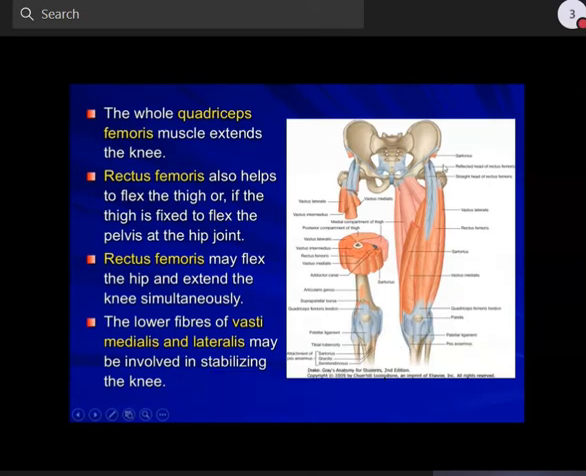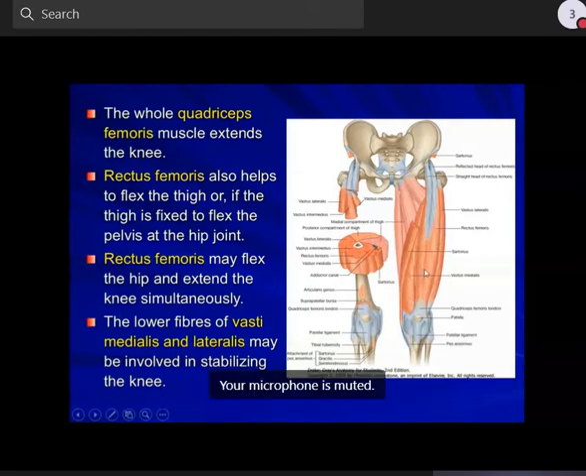As you can see, it passes spirally in front of the fulcrum of the hip, so it must flex the hip. And finally, it passes behind the fulcrum of the knee joint, so it must flex the knee joint as well. So this means that